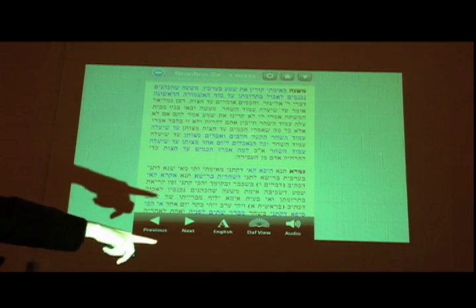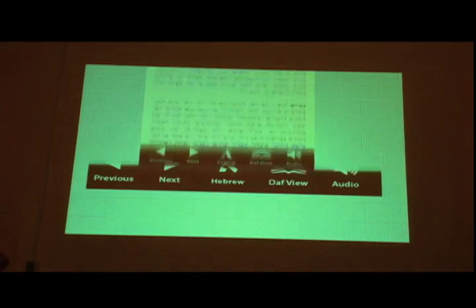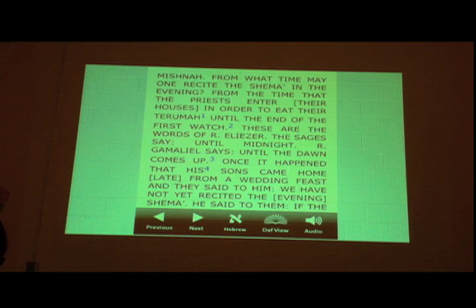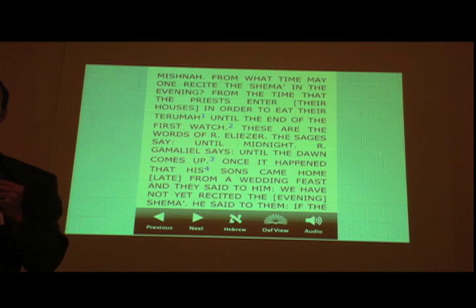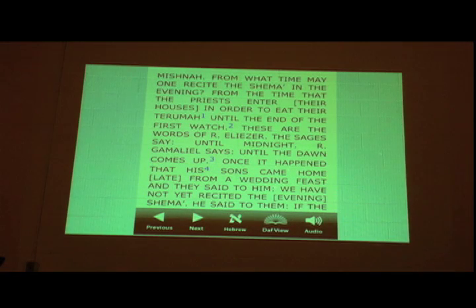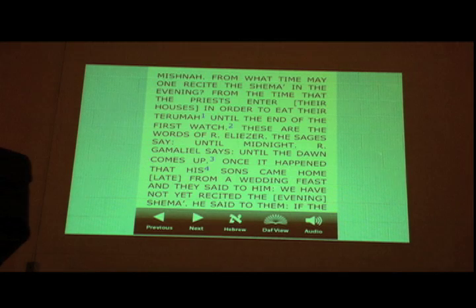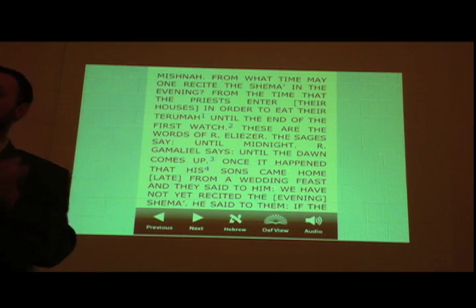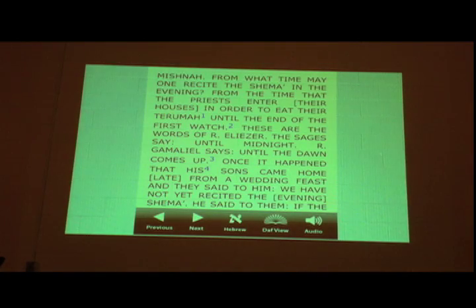Now you see on the bottom there are again different options. So let's say I want to click on, instead of reading in Hebrew, I'm going to change it to English, because I don't know everything in Hebrew or Aramaic. So if I get stuck, rather than throw my hands up in the air, Judy, and give up, what can I do? I just read English and I can cheat a little bit to help me along in the study.